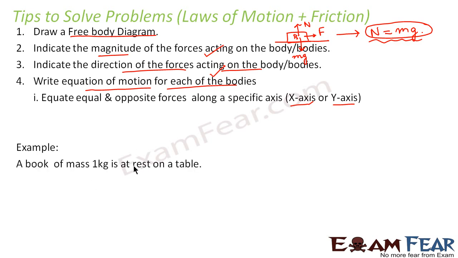We have already discussed one example here. Let us discuss one more example which is very similar. A book of mass 1 kg is at rest on the table. Let us make a clearer diagram here. Let us suppose this is a book of mass 1 kg. There will be a force mg which will act in this direction. The value of m is 1, so mg will be 1 into g, that is g. There will be a normal reaction force which will act in this direction. Since the body is at rest, nothing else will act here. Therefore, N is equal to g. This would be the equation of motion for this particular example.